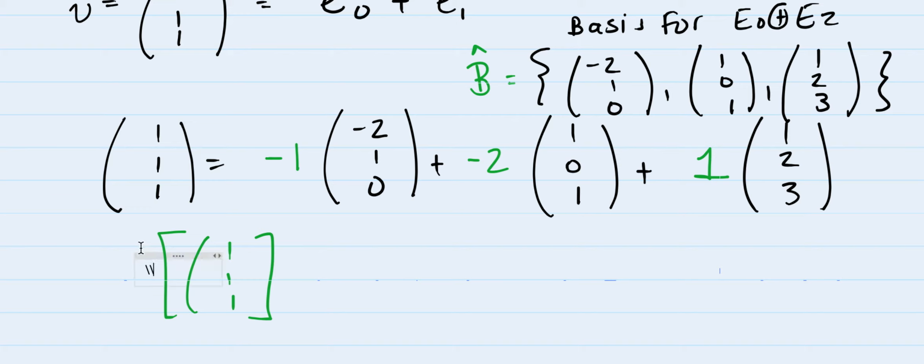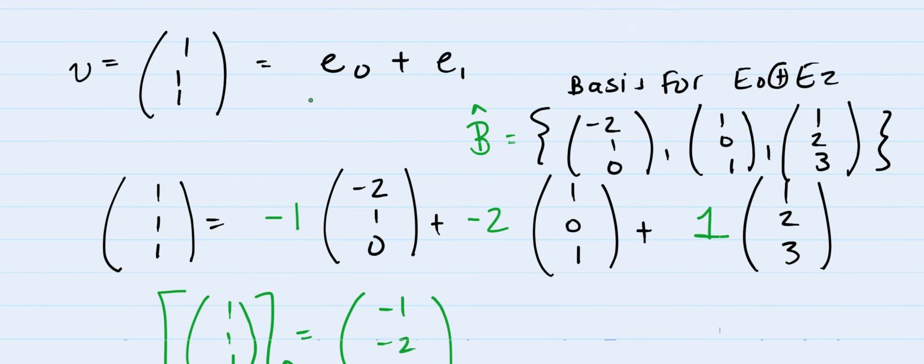Sorry about that, let me get rid of it. This matrix 1, 1, 1 is equal to, in terms of B hat, this is -1, -2, 1, the coordinate